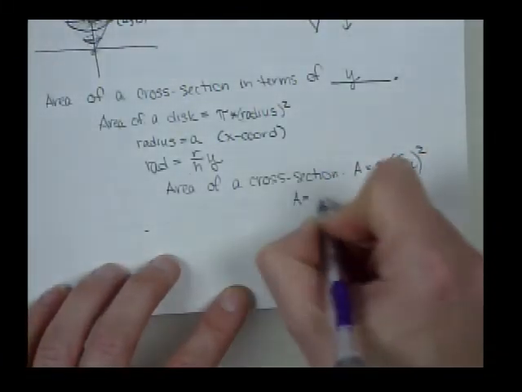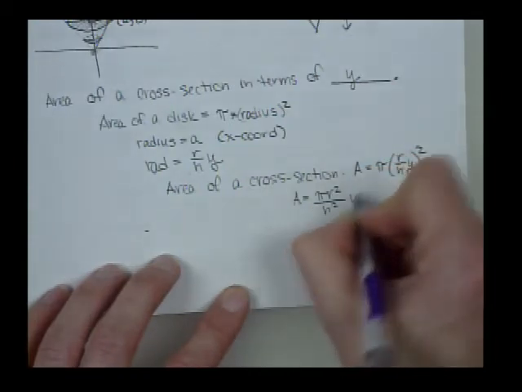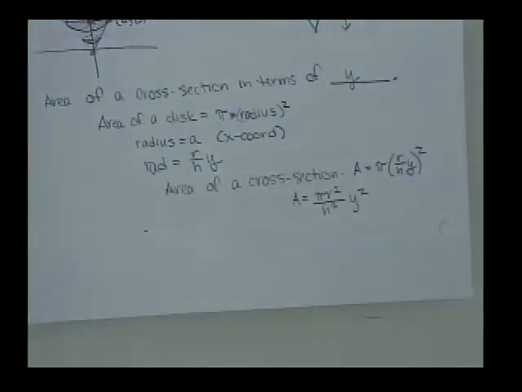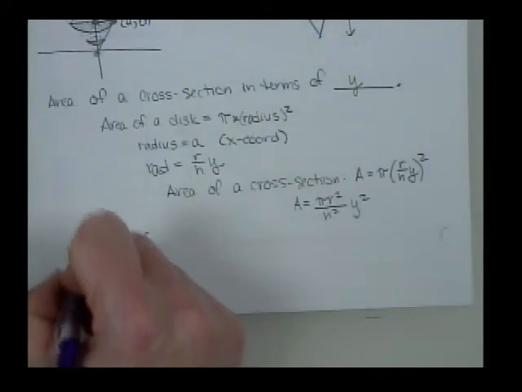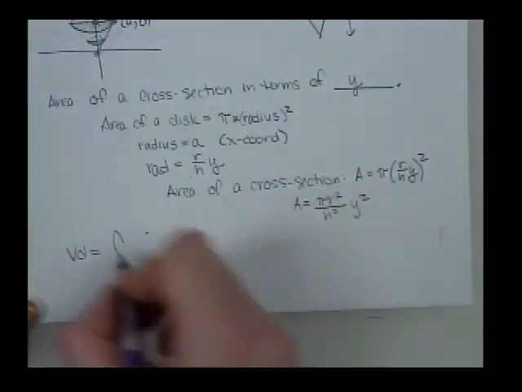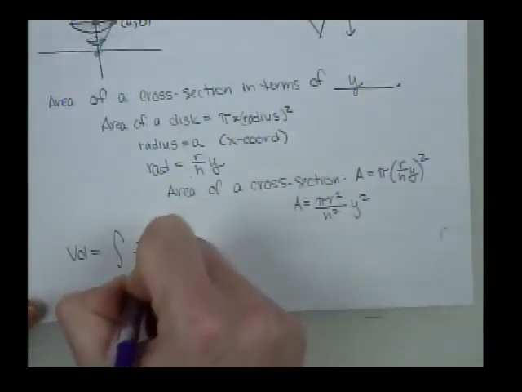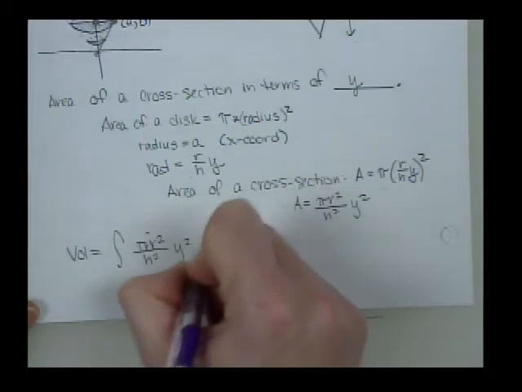Or A equals pi r squared over h squared times y squared. Once you have the cross-sectional area, that's what you integrate to find the volume. So the volume is the integral of the cross-sectional area, so pi r squared over h squared y squared dy, and now we